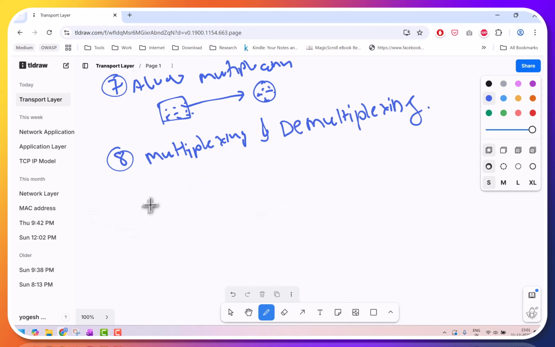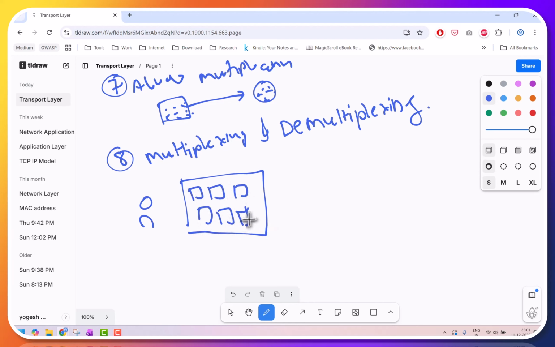Now this is a user who accesses multiple applications. These blocks are the applications. Consider these are YouTube, Facebook, everything you are running. Now consider this is your network. You are receiving the packets. So how does your system, how does the network know which data belongs to which application?